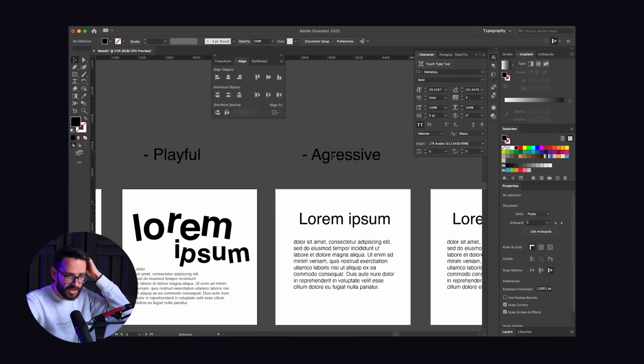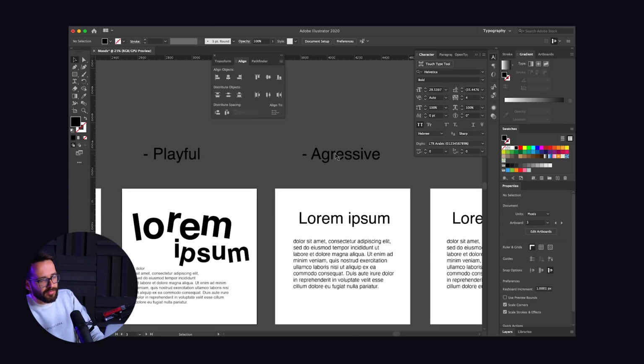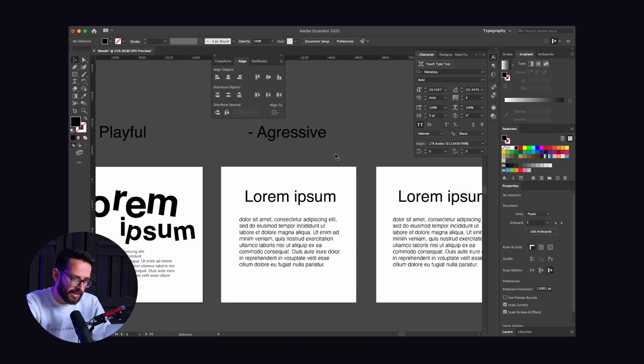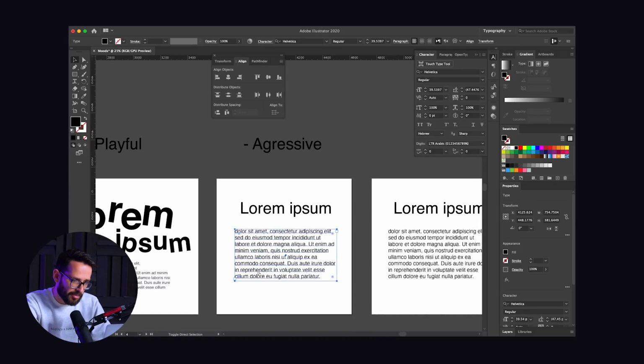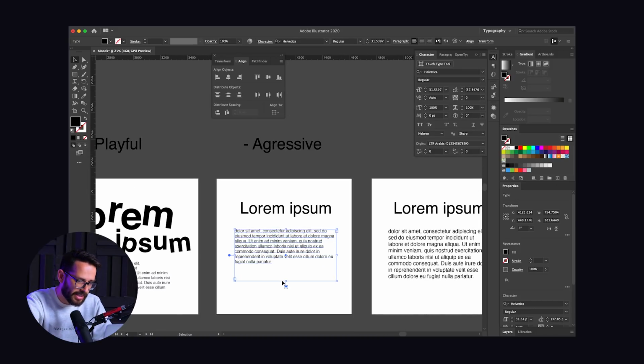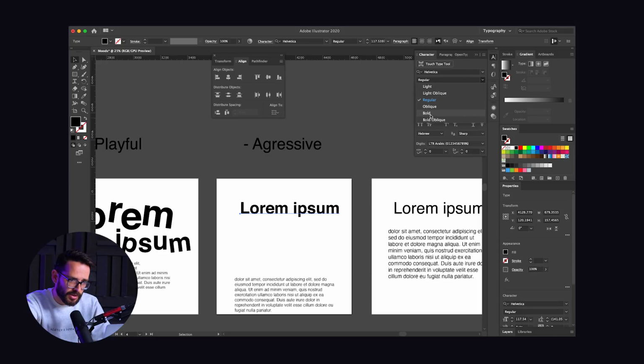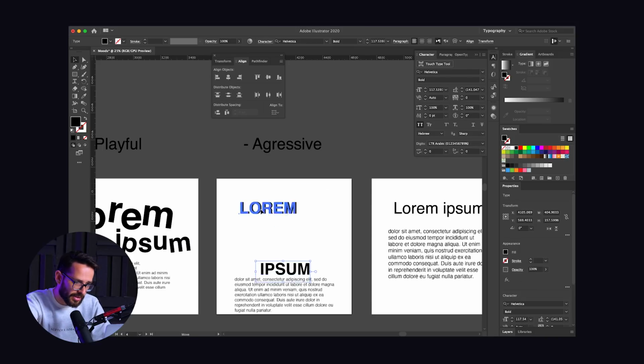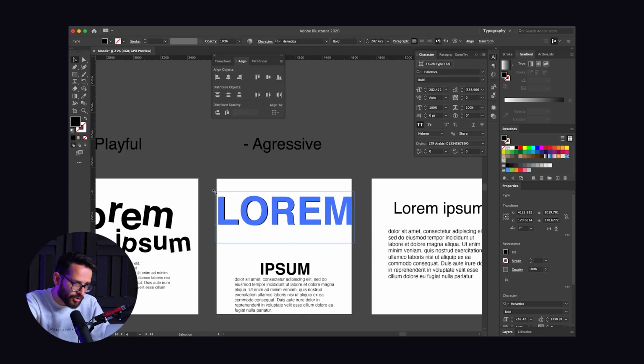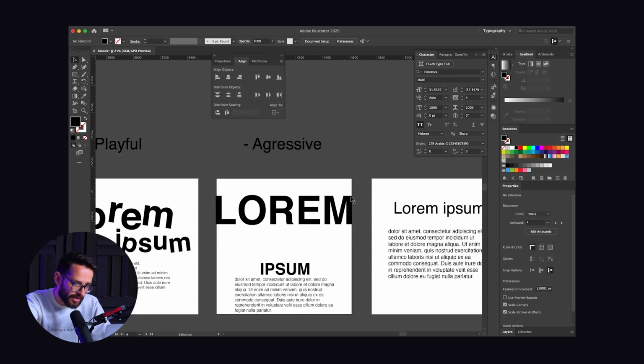All right, let's see what we have in the aggressive. So aggressive, to me, that can be a lot of things, right? Maybe it's just bold. Maybe it's kind of like Nike, just do it kind of thing. So let's try to also make this bold and make this uppercase and break it down into 2 sentences, and then I'm going to make it super, super big and not leave any